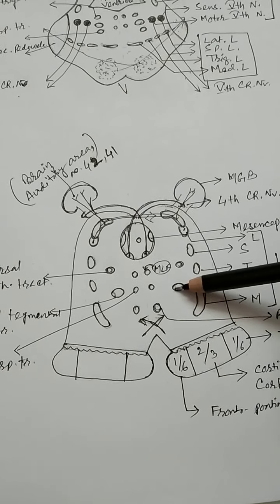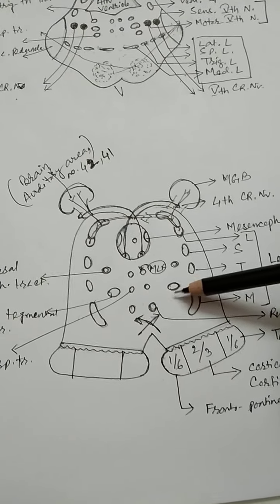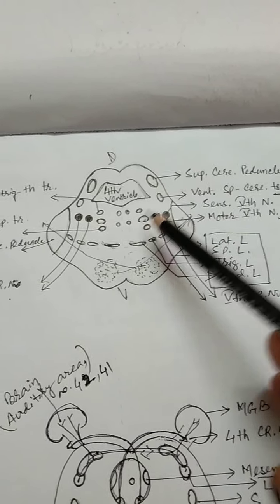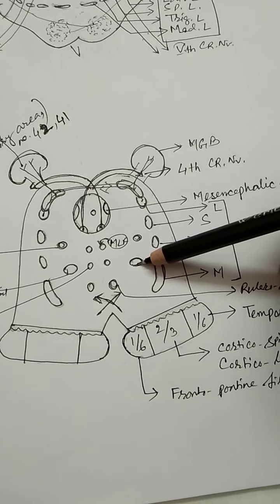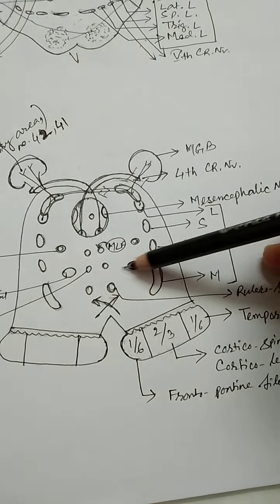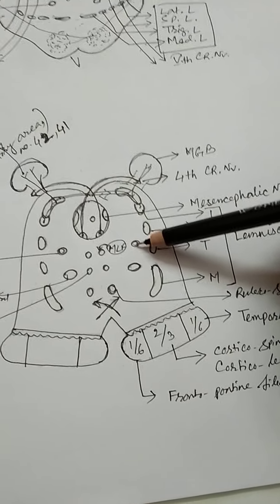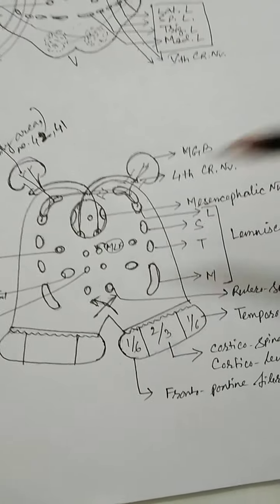Now, the intermediate ones, there are two structures. Can you see? The large one is the central tegmental tract, like the previous diagram. You have seen this in relation to the pons. Just above it, it is the same structure, so these two are the central tegmental tracts. Behind the central tegmental tract is the dorsal trigeminothalamic tract, you know this.